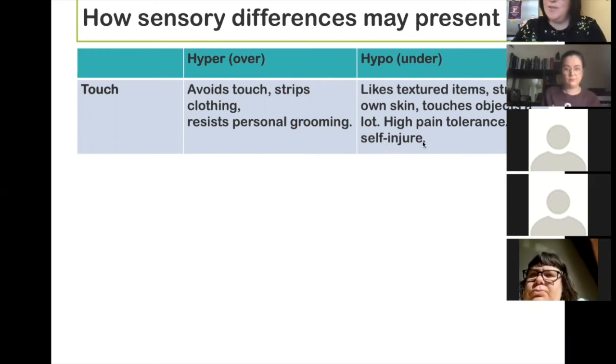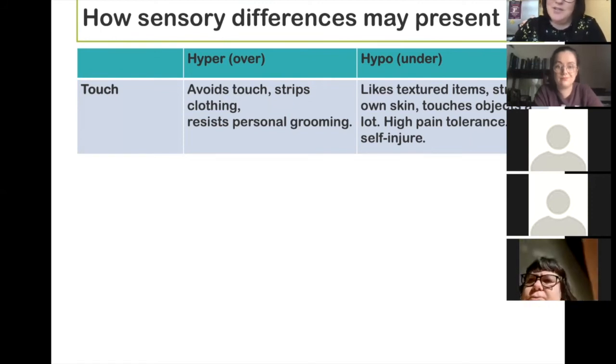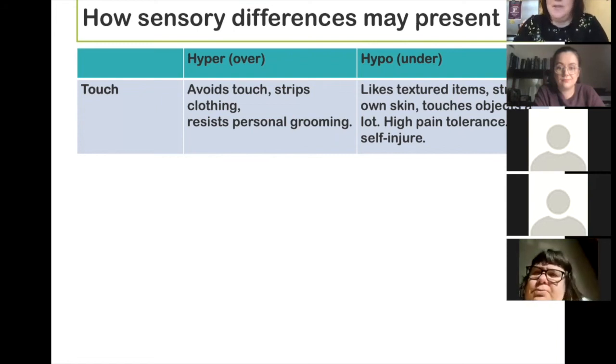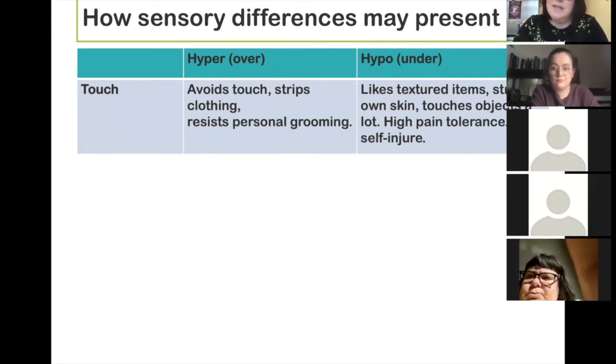I think the other one with touch sometimes is physical interventions. I've worked with a couple of people who got into that situation where the physical restraint is the way through which they're gaining access to that touch, to that deep pressure hold that they're finding calming and pleasurable sometimes. So just to be aware of that. A lot of people obviously find physical intervention really distressing and difficult, but some people might be seeking it out, particularly if that's the only physical interaction that they're getting. So again, something just to be aware of.